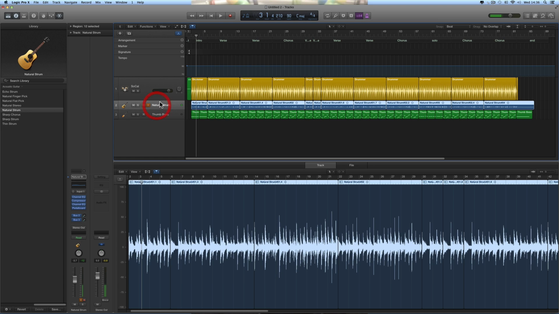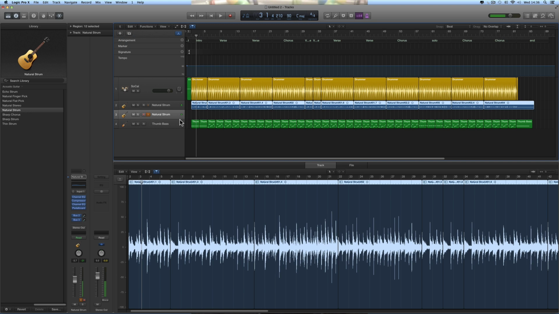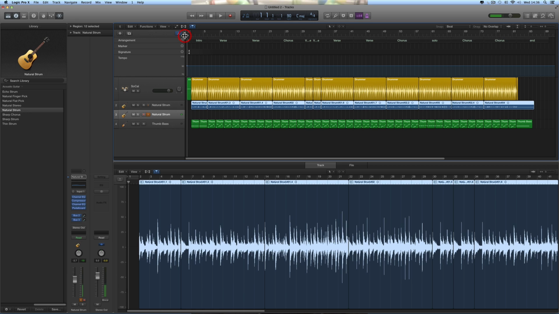So choose the guitar strumming track, duplicate track button up here, and it makes a duplicate of that track with the same settings on. And I'm just going to double that guitar all the way through, right? So we've got a double track guitar, and on this one I'll just